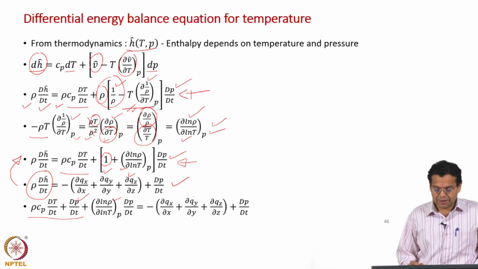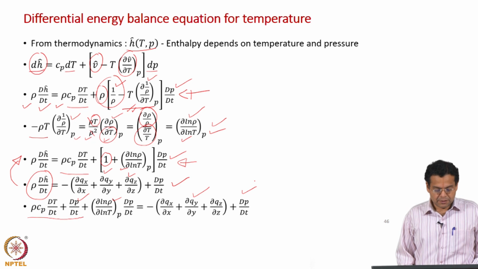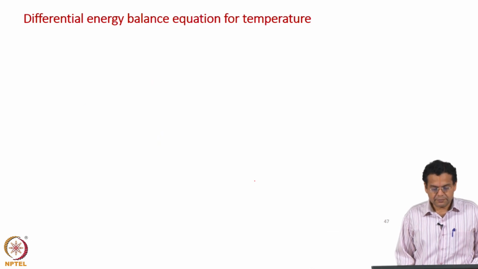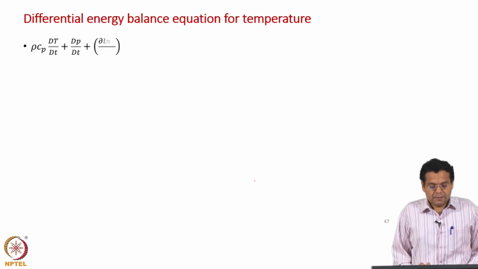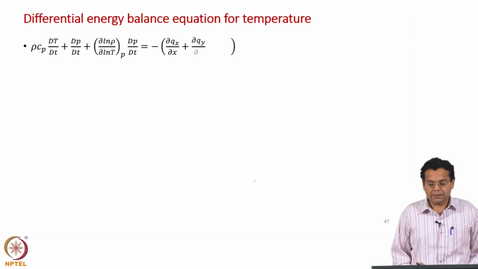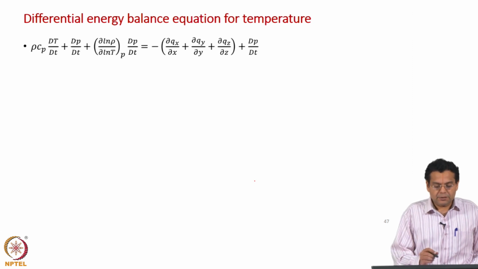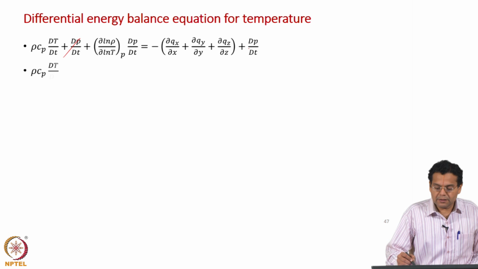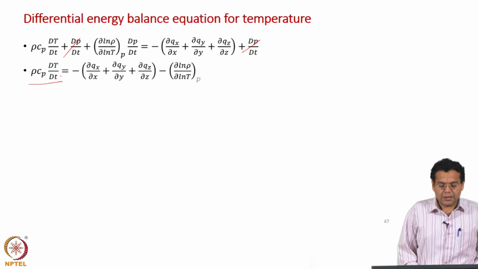The right hand side we have the terms from our differential energy balance equation for enthalpy. Now let us simplify this and just rewriting the same equation here. That is the left hand side and that is the right hand side. That right hand side is same as what we have seen earlier in the differential energy balance equation for enthalpy. So, now dP by dt cancels on both sides, and then we will express the equation in terms of dT